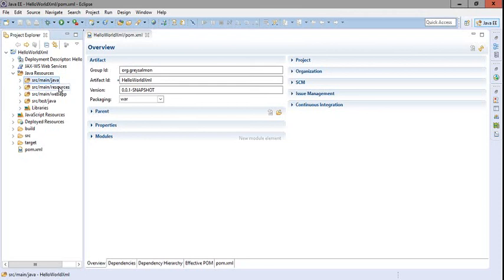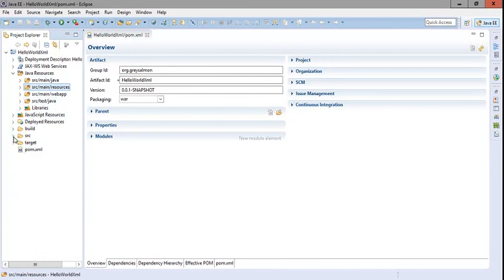Resources will contain the static resources like your JavaScript files or your CSS files or your images, and all your views will be kept under web app, and this is to put your test cases. Now if you browse to the src folder, there are two folders, main and test. Src main will contain three subfolders: Java, resources and web app, and your test folder will contain only one folder, that is the Java folder.